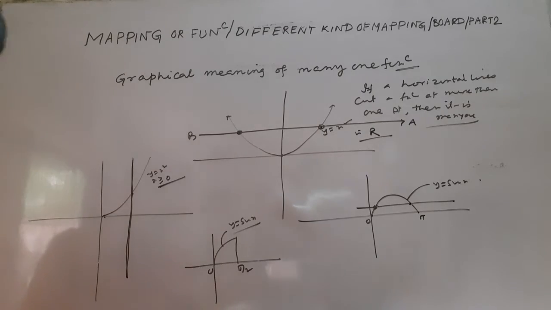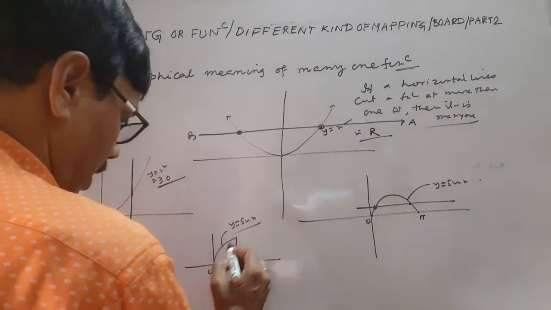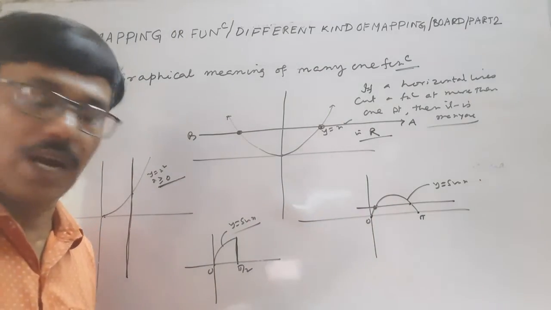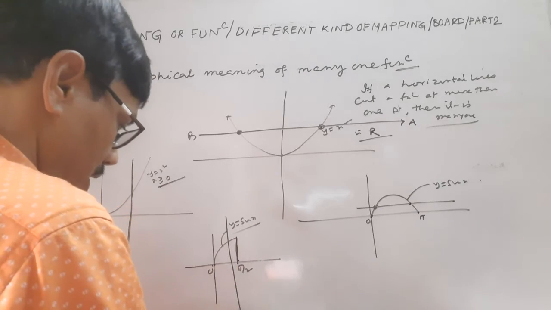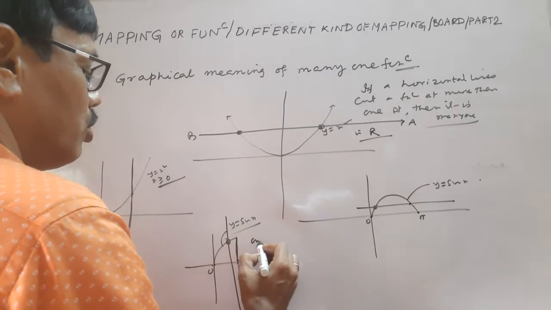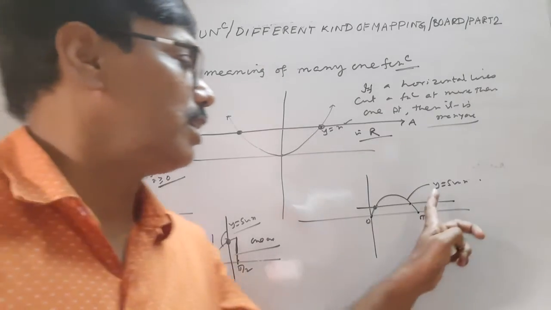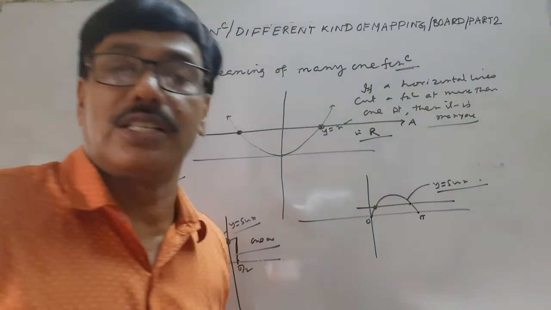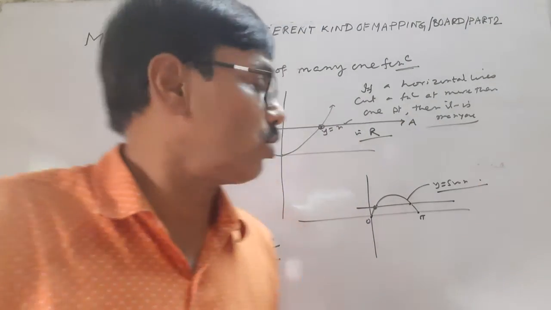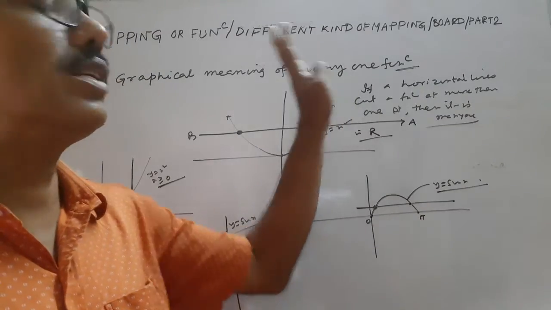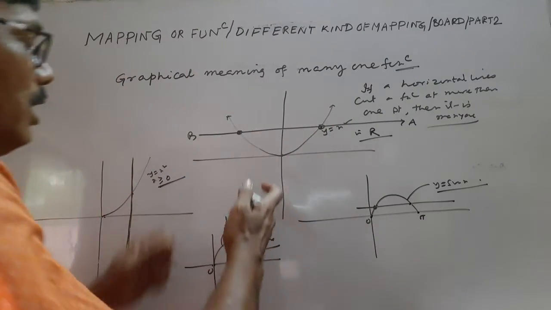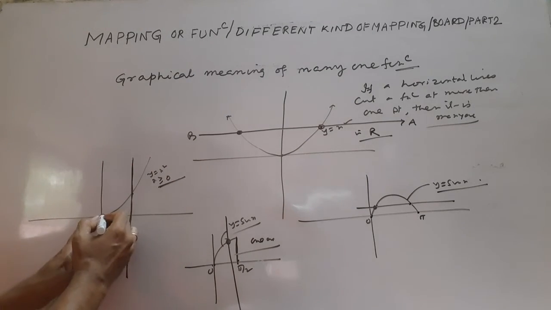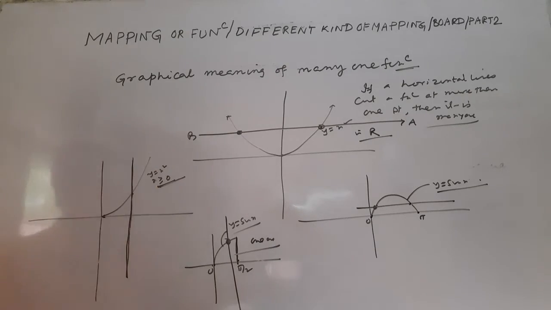It is 1, 1. Y equals sin x in 0 to pi by 2. In 0 to pi, it is many one. But in 0 to pi by 2, it cuts at only 1 point. It is 1, 1. So only the nature of the function, that is sin x or x square, is not sufficient to say this is many one. So look, the domain should be given. So y equals x square in 0 to infinity is 1, 1.